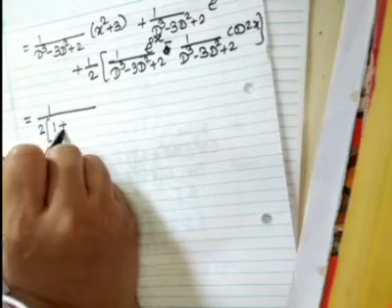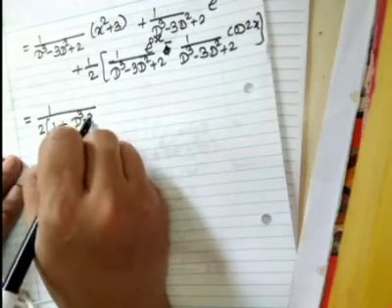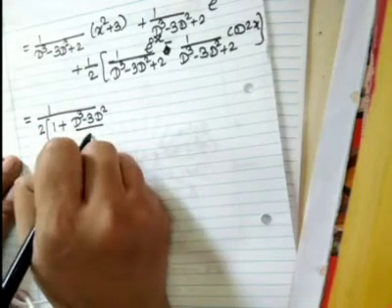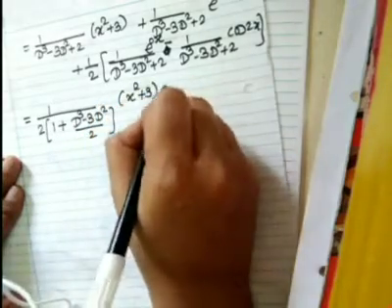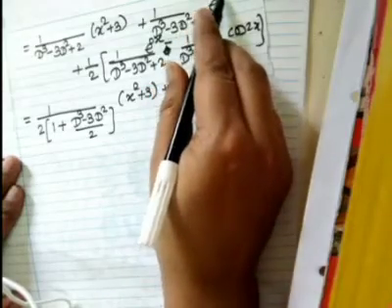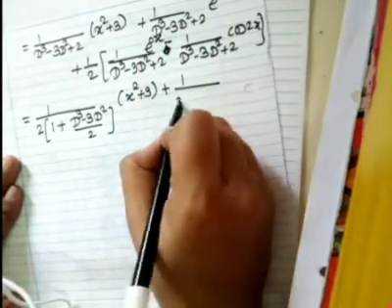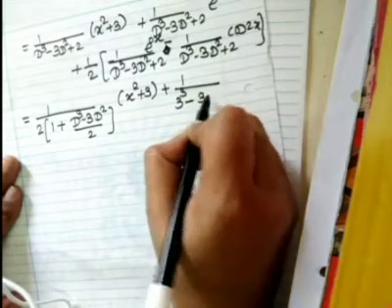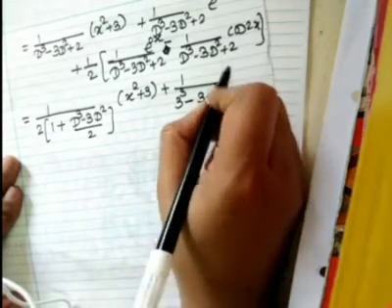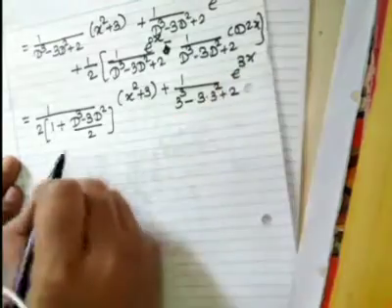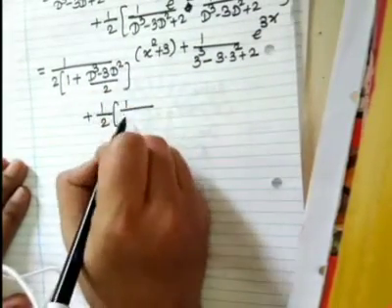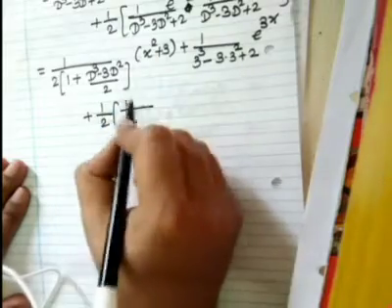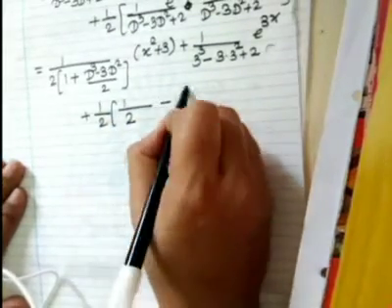So it is 1 plus D cube minus 3D square by 2 into x square plus 3, plus here we'll put D as 3, so it is 3 cube minus 3 into 3 square plus 2, e raised to 3x. Next plus 1 half, here D will be 0, so it is 1 upon 2 into e raised to 0x, that is 1 minus here,